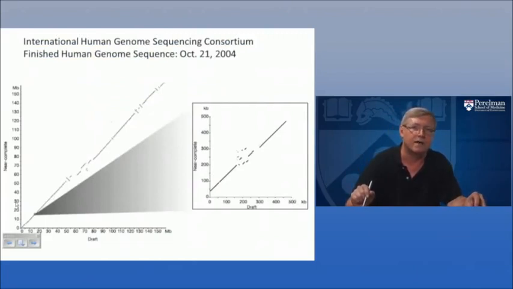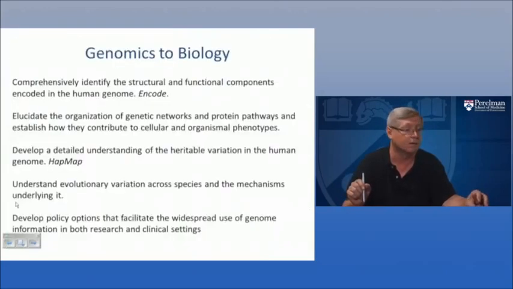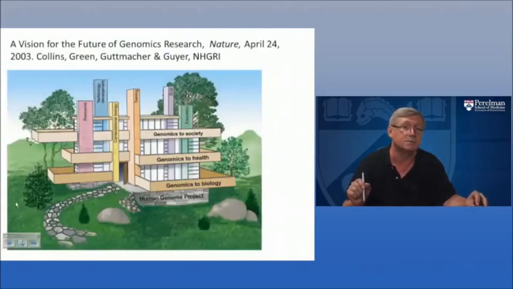So going from the initial draft sequence to the finished sequence of the human genome involved a lot of hard work by a lot of sequencing centers, and this was primarily because of the complexity that repeat sequences conferred and needed to be overcome in going from what's called a draft sequence to a complete finished sequence. Once the finished sequence was complete, the Human Genome Project per se officially ended, but the work on genomics and the